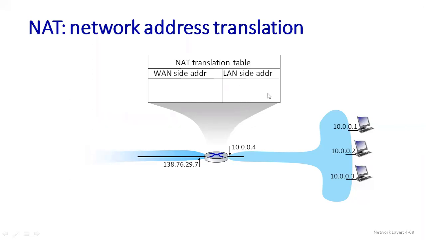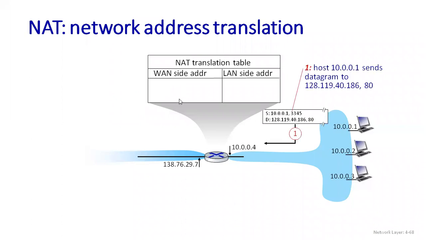So this is my local area network, so I will write here LAN side address. As it is the wide area network, I have written here WAN side address. So how is it happening now? In the first case, the source address, suppose it is this, okay? The source address is 10 point